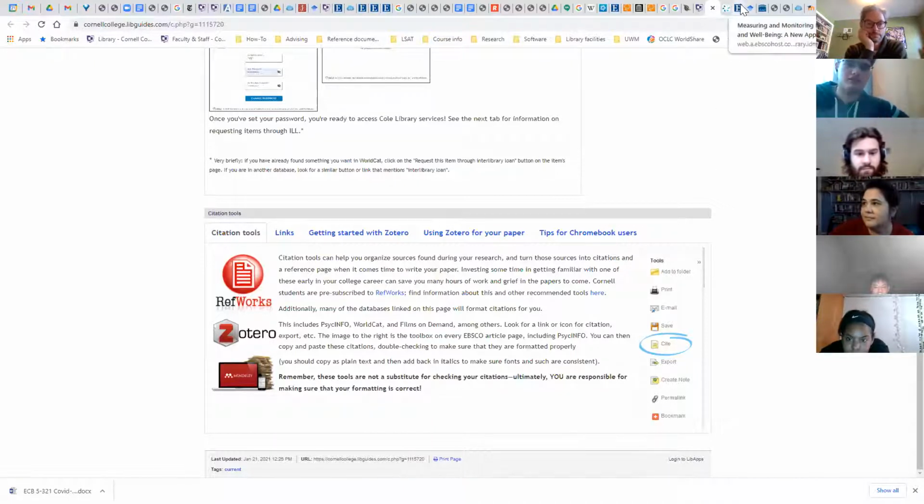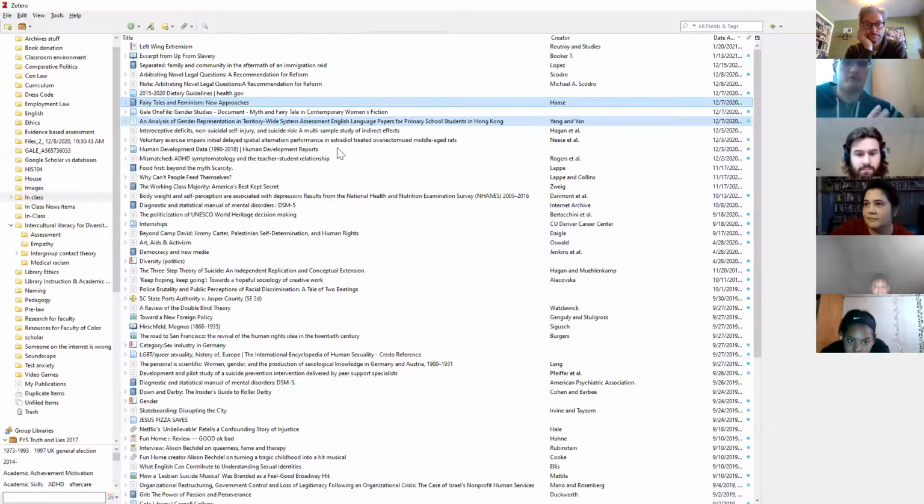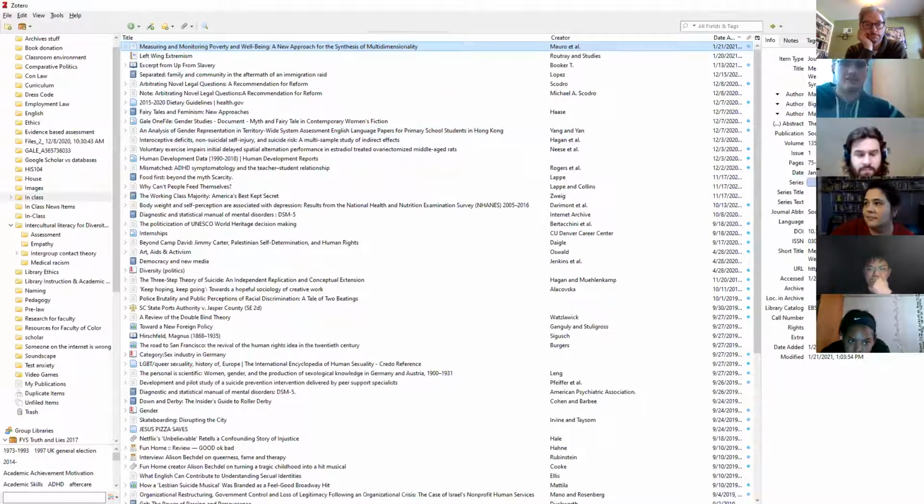Along with that, it also saves all of the citation information, it scans it and finds all of that. It also allows you to tag it and manage it by folder. So you could create a folder for the project and put tags like this one's related to poverty, whereas this one's related to something else.